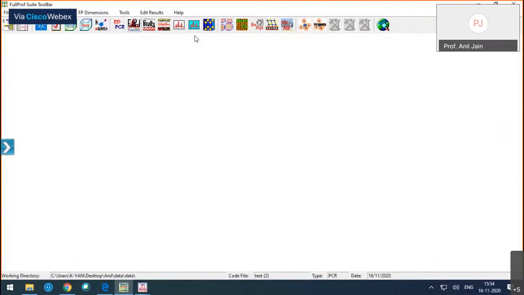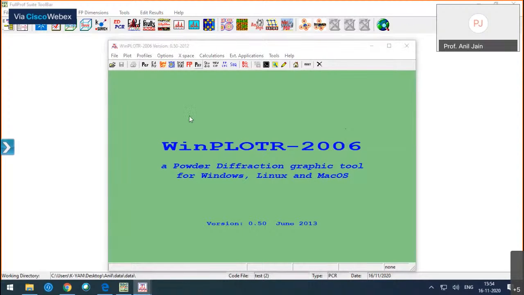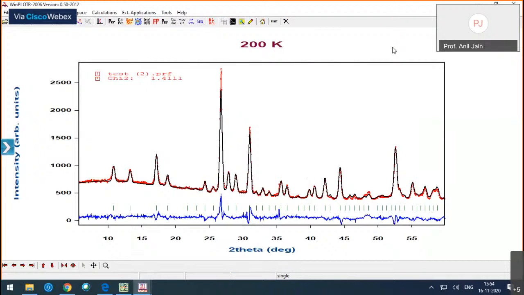I think more or less now we have refined this nuclear part for this sample. I can improve it further, but I think for this purpose, this is more or less sufficient. So after refining this nuclear part, our next job is to go for the magnetic structure refinement. And the first step in the determination of the magnetic structure is to find out this propagation vector of the magnetic ordering. And now if you see this pattern,